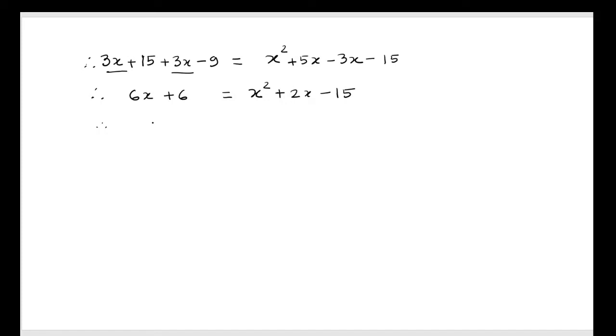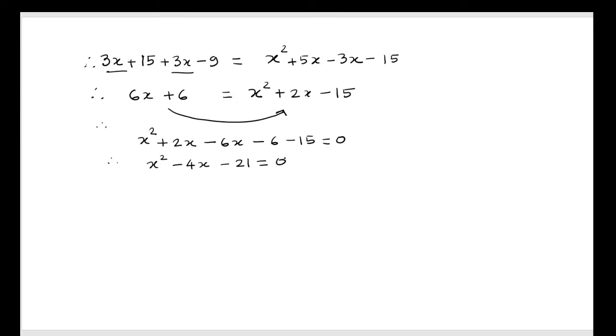We will get the like terms together, and here I am going to shift this 6x plus 6 to the RHS like this. When it gets shifted to the RHS, they will become negative in sign. So we will have x squared plus 2x minus 6x minus 6 minus 15 equal to 0. And I have mutually changed the sides, so the symbols will remain as they are now, as you can see on the board. So x squared, 2x plus minus 6x is minus 4x, and minus 6 minus 15 is minus